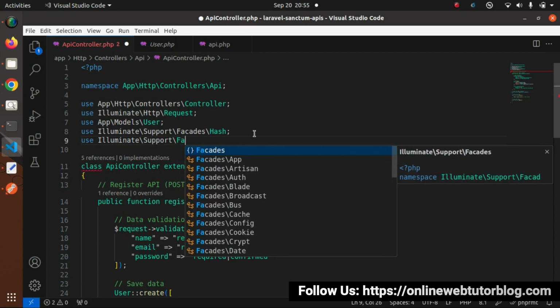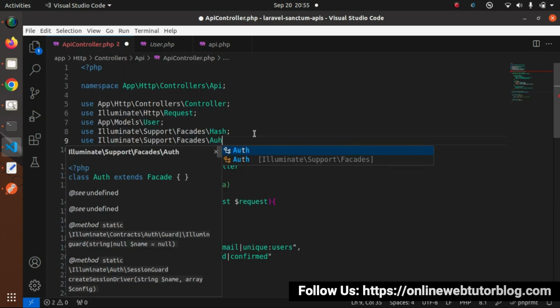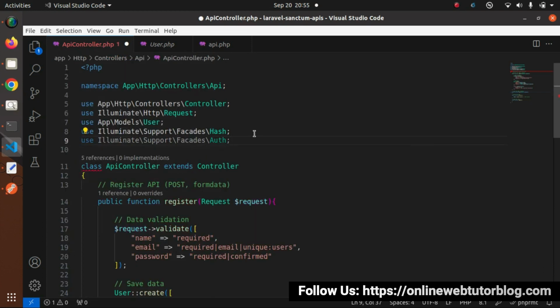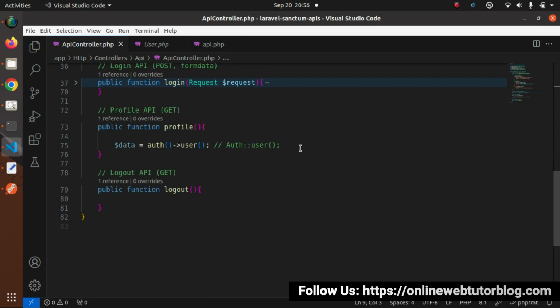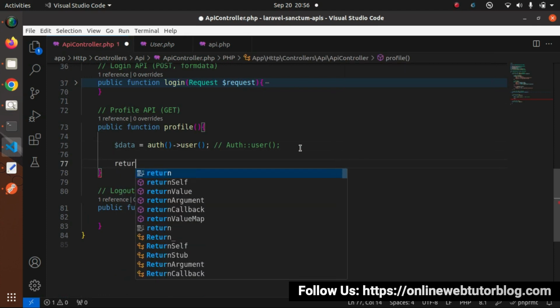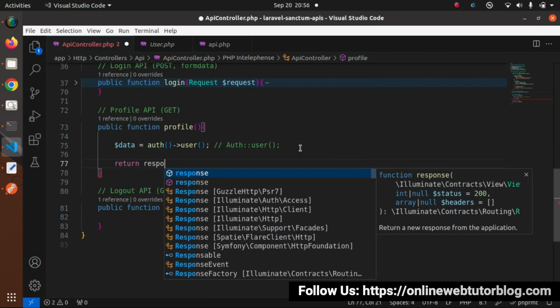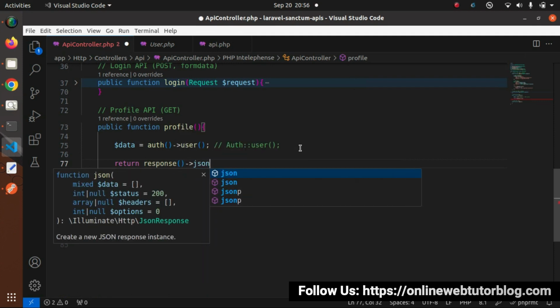From support I will go inside facades and auth. So this is the complete package we need to import before using that. Here I'm using the auth helper function. So let's return response JSON,